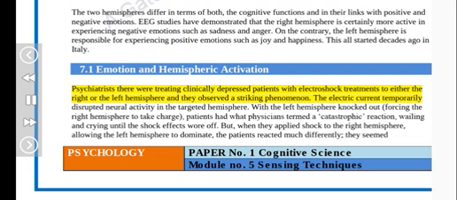Psychiatrists there were treating clinically depressed patients with electroshock treatments to either the right or the left hemisphere, and they observed a striking phenomenon. The electric current temporarily disrupted neural activity in the targeted hemisphere. With the left hemisphere knocked out, forcing the right hemisphere to take charge, patients had what physicians termed a catastrophic reaction, wailing and crying until the shock effects wore off. But when they applied shock to the right hemisphere, allowing the left hemisphere to dominate, the patients reacted much differently. They seemed